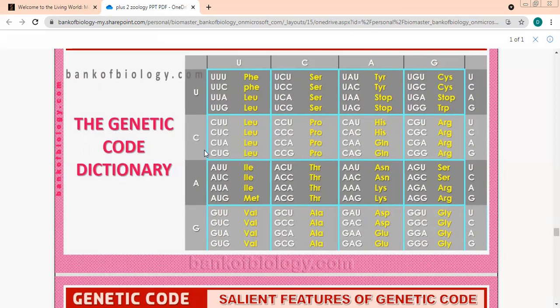AUU, we have AUC, and we had what? ILE. What is it? This is isoleucine. ILE, what is this? Isoleucine.